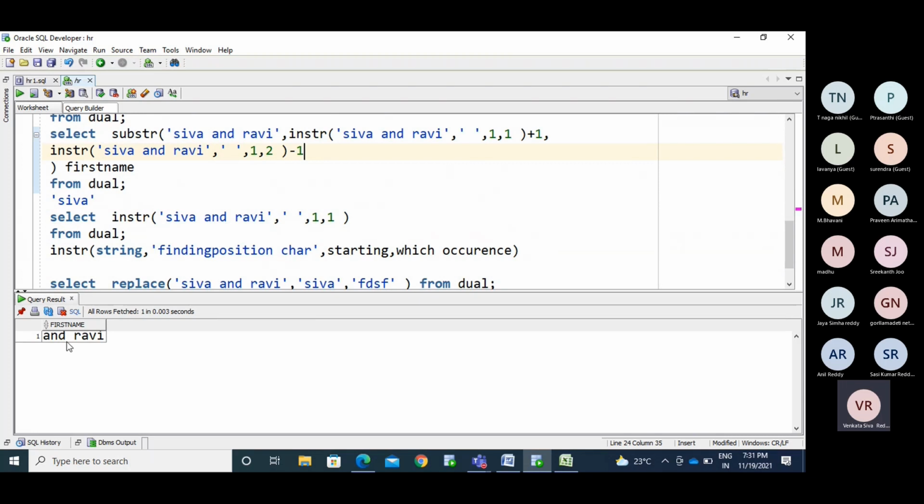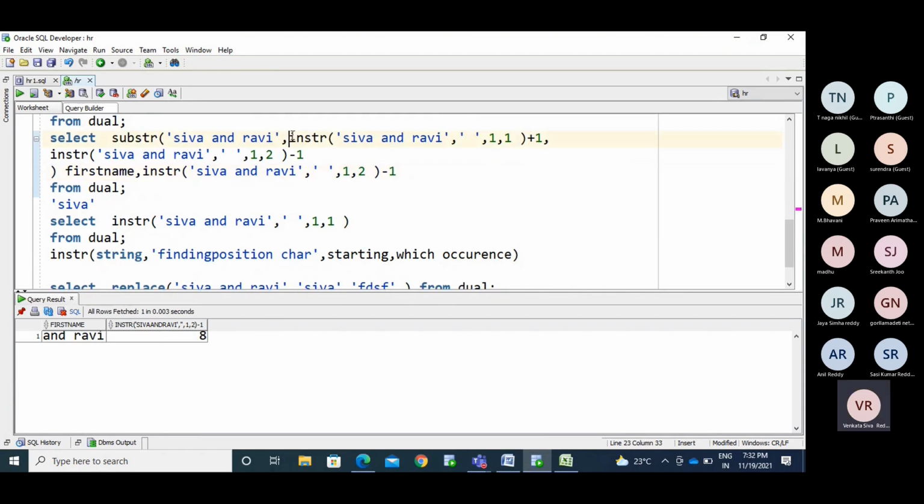Shiva and Ravi. So why are you getting it like that? Understand this first. 8 characters. So from where are you saying the 8 characters?